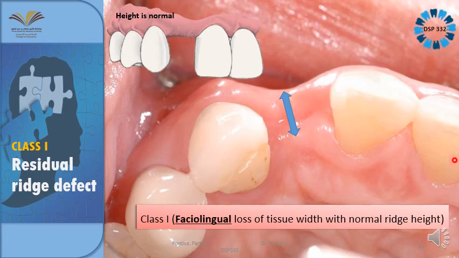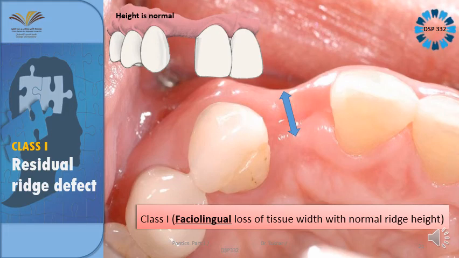Nowadays, there is a concept going on in oral surgery, atraumatic extraction. Have you heard this term before? Atraumatic, or no-trauma, extraction means you are not supposed to damage the periodontium. I mean, the periodontium will be damaged, but you are not supposed to damage the cortical plates, the buccal, palatal, lingual, whatever cortical plates, so that you preserve the socket. And this type of defect can be avoided, right?